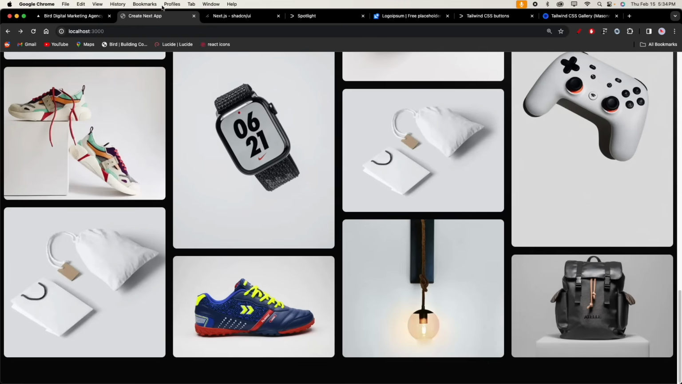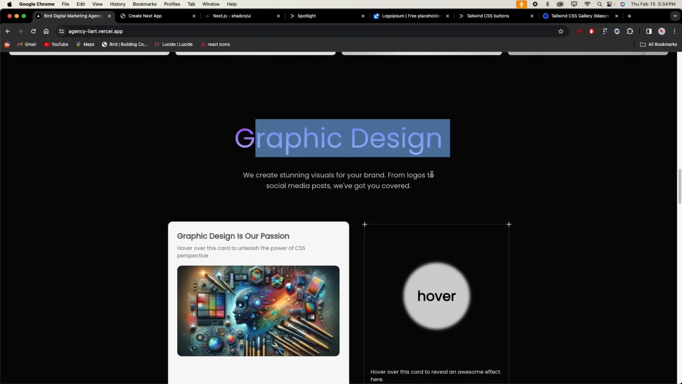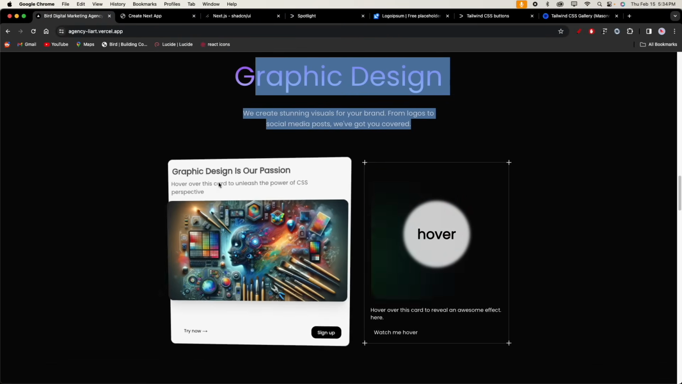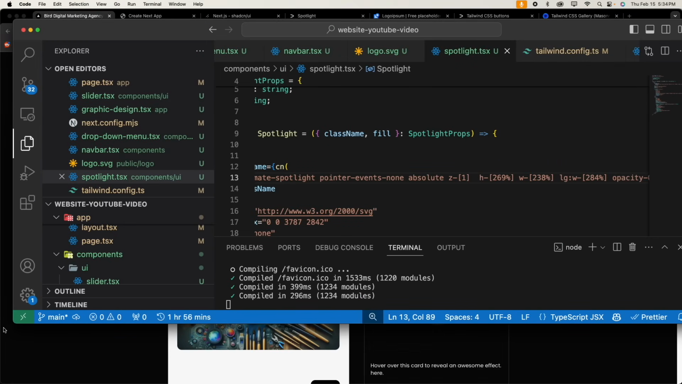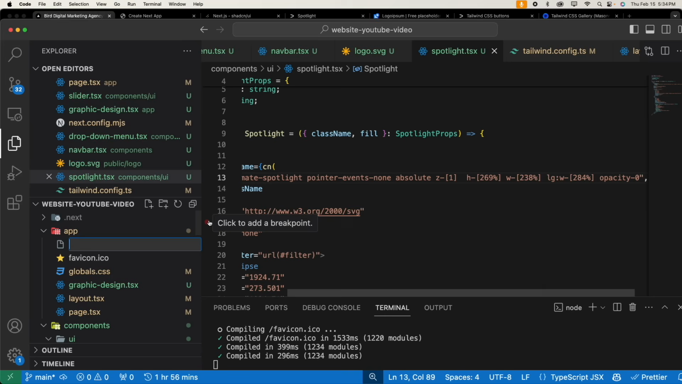The next thing that we want to do is create a website, not website, but graphic design. So here we're going to be using Aceternity for some components. So let's just jump right into that. I go into here, I'm going to create a new component. I'm going to call it,